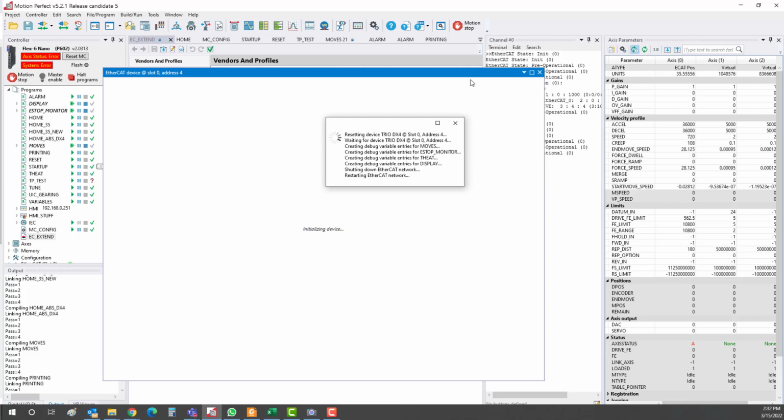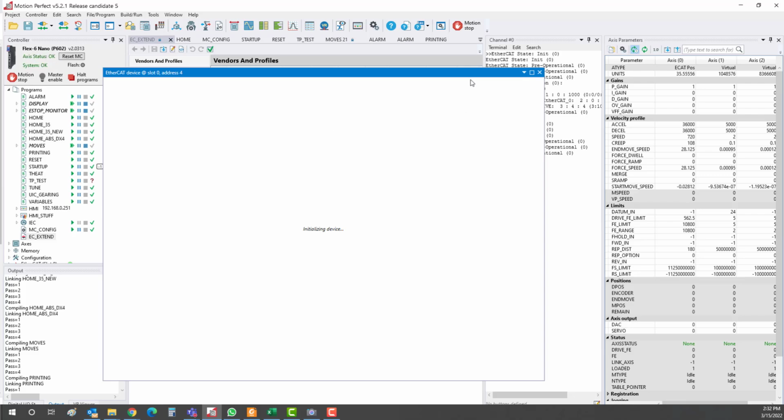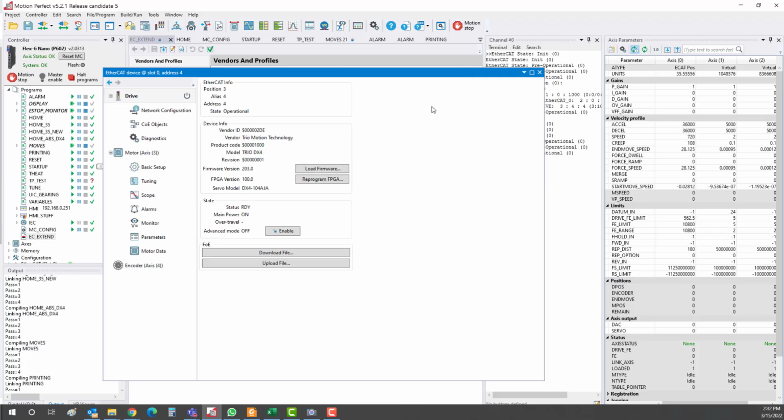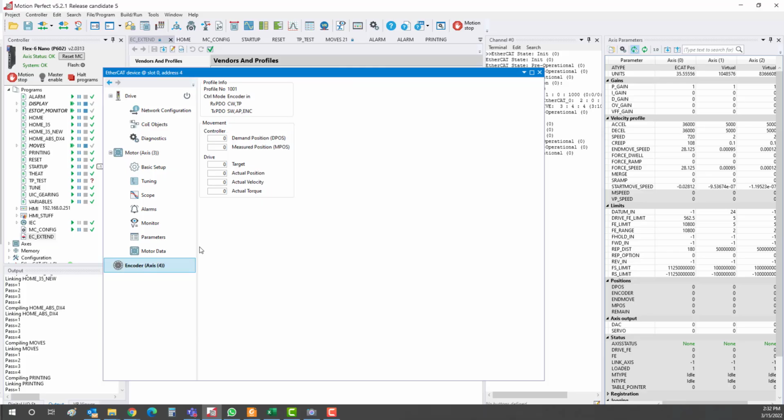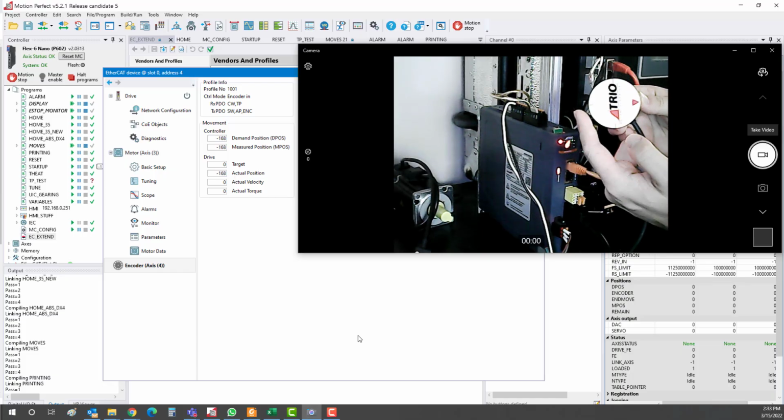Then after restarting, it will be ready to go. So if I go to the encoder, you see the value? It's really in the corner. So once I'm spinning the encoder, the wheel,